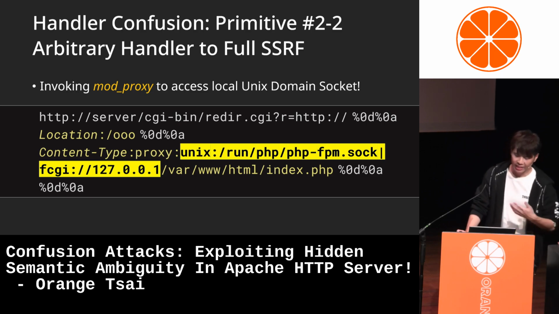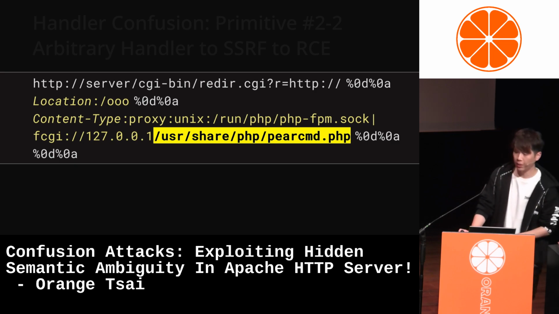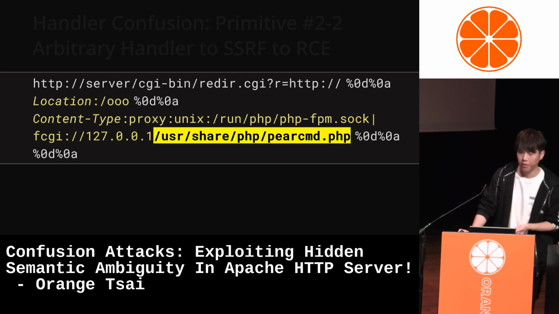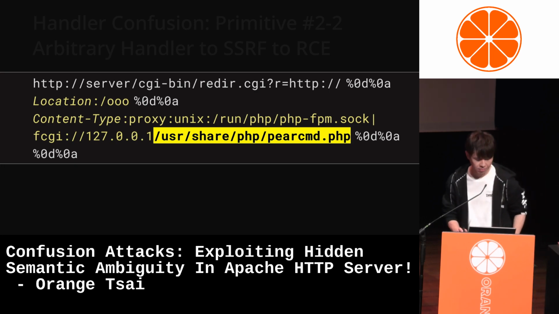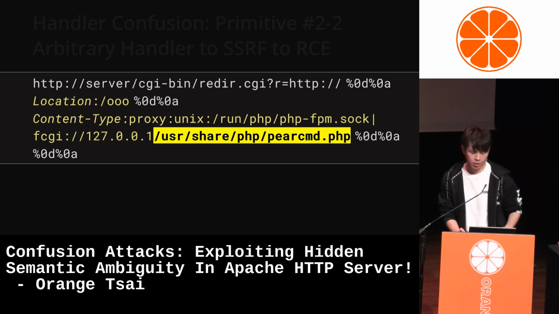So lastly, let's demonstrate how to turn this SSRF into an RCE. Here we used a common trick in CTF. The official PHP Docker image by default comes with PEAR, a PHP extension manager. And pearcmd is the entry point used to manage the package.